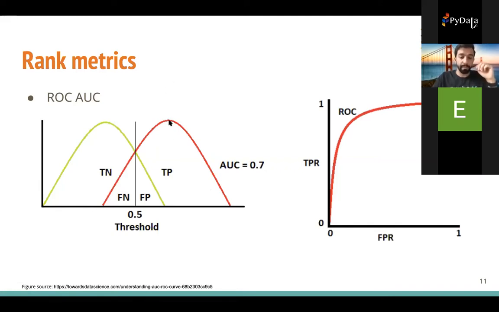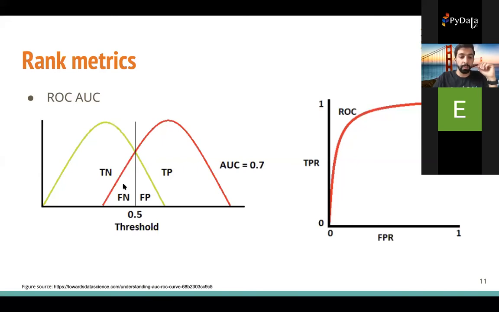As we move the threshold, for example, let's say we move it to 0.75, the true positive rate is going to be 50% because we're going to be predicting 50% of the positive class correctly. 50% of it is going to be incorrect. We're still going to predict the whole negative class correctly. So we're going to have 0 false positive rate and 50% true positive rate. And then as we move the threshold further, we're going to be making more false positives, so more of the negative class is going to be classified incorrectly. And then the curve will move like this.